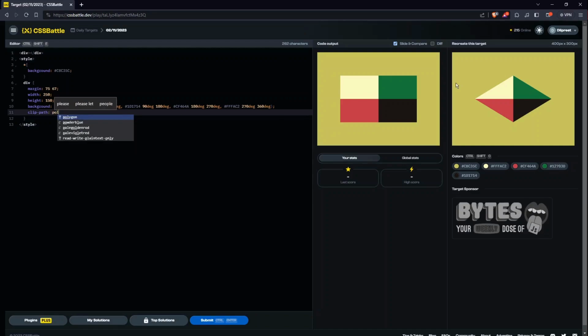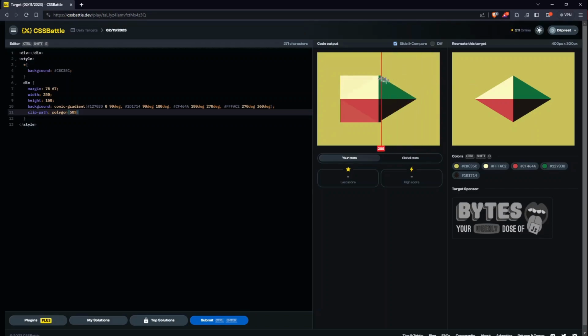So I'll give polygon, and as we know, we need to have 50% of this, because obviously 50% is this much, so it will cover one, and I'll maybe give 100%,